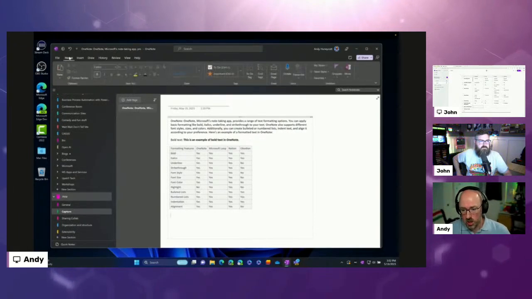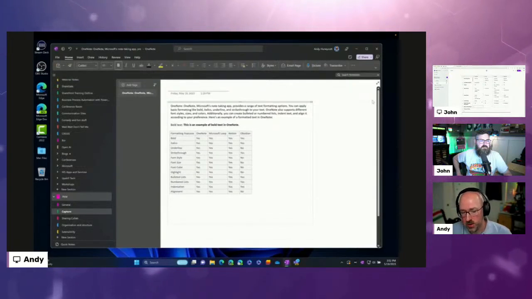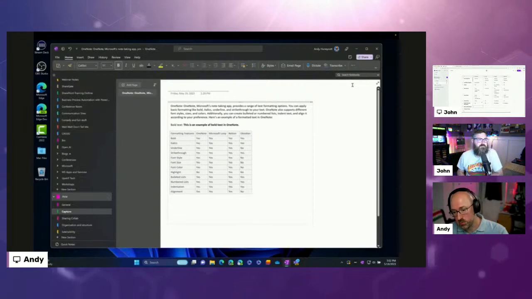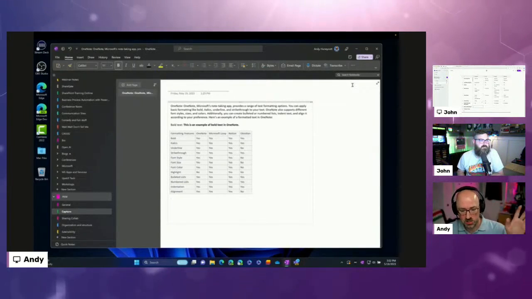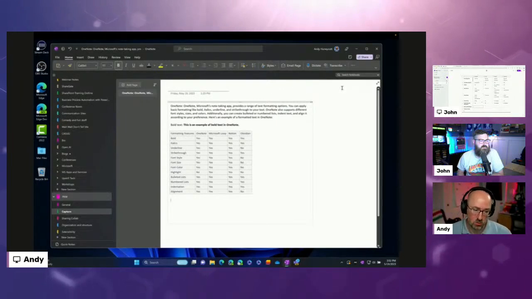And then they are also introducing the simplified ribbon there, where it doesn't take up as much space inside of the notebook. So I just want to point that out. I'm using OneNote on Windows 11. This is on the early release cadence, so you might see some features there that they put inside of those specific channels. But that's what we've got here.